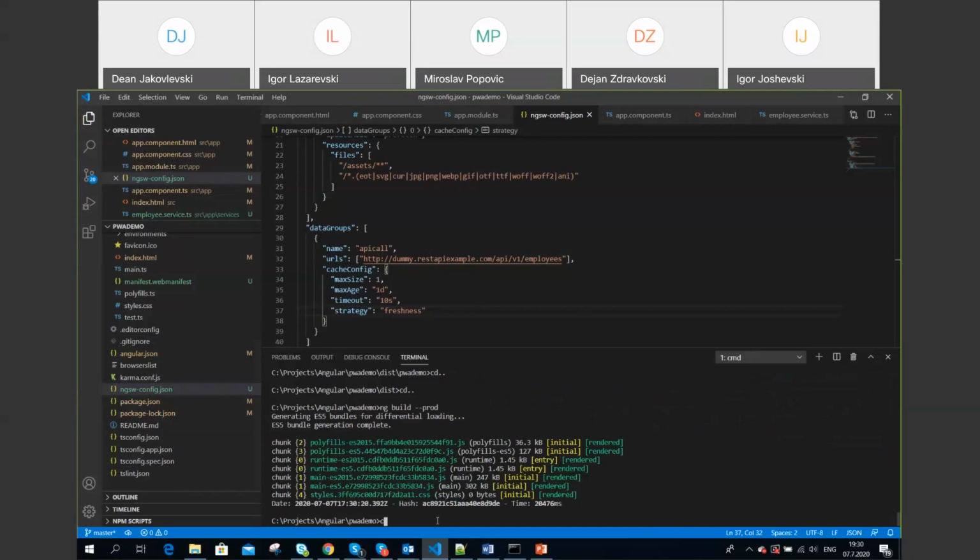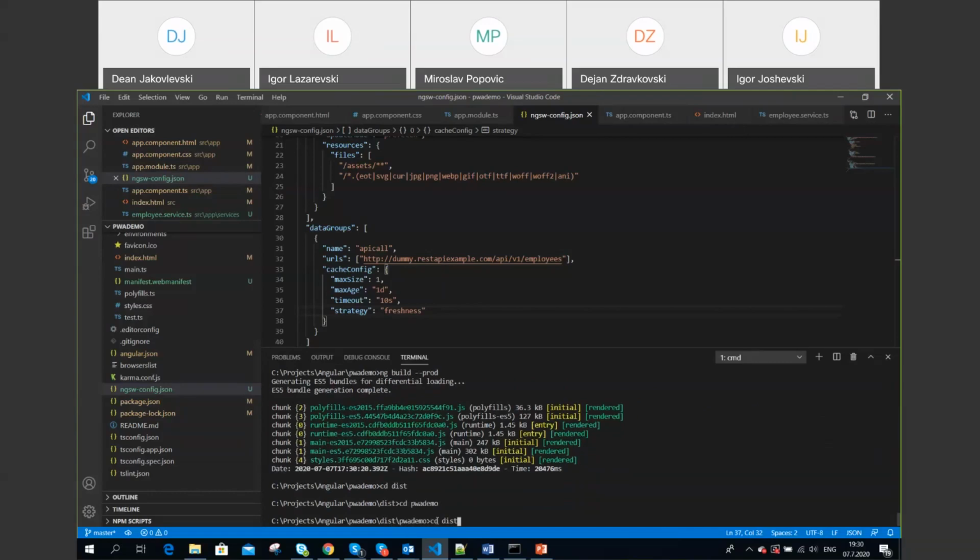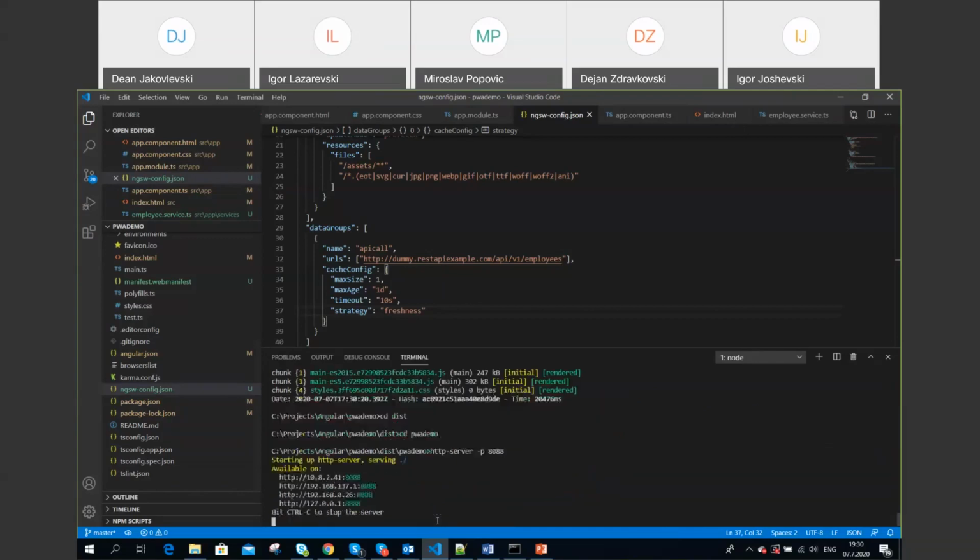Now I will navigate to this folder again,